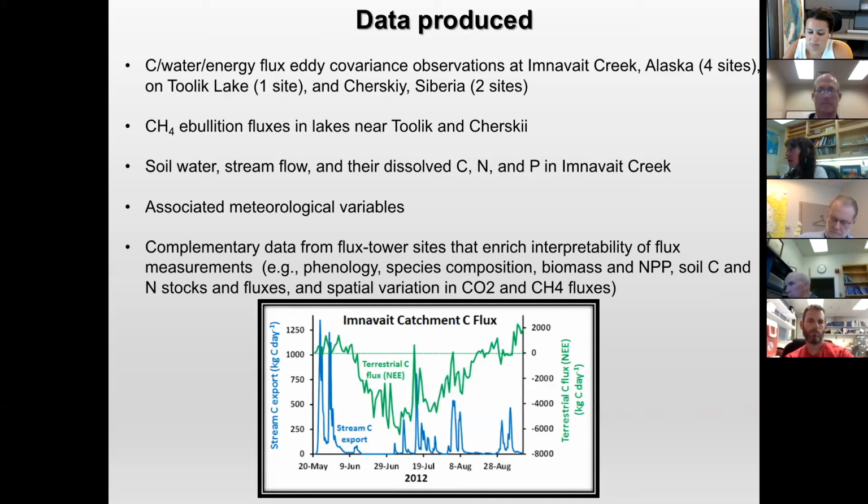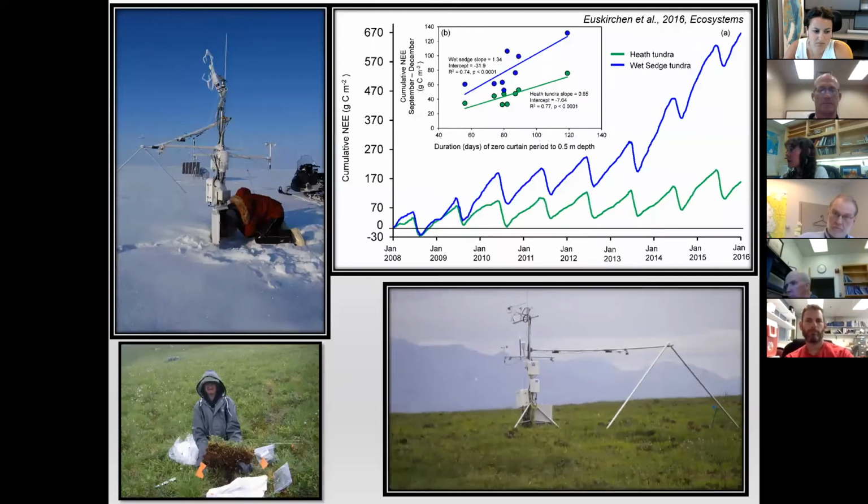And so these are just a few photos of our flux towers. We really did focus on collecting data throughout the winter, starting in 2007. We set the towers up in September of 2007, and they've been running ever since. And we found that the sites are sources. These are the two longest running sites. We have a tussock tundra site as well. Initially, we just collected data there from about March through October, but the heath tundra and the wet sedge tundra, we've collected data continually.